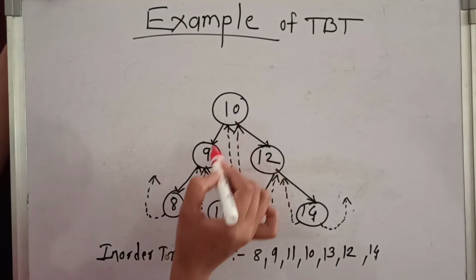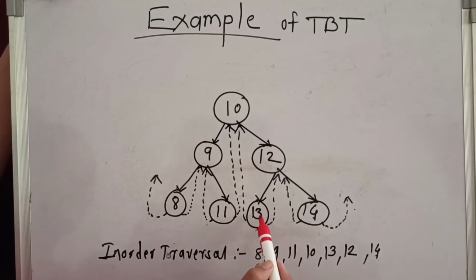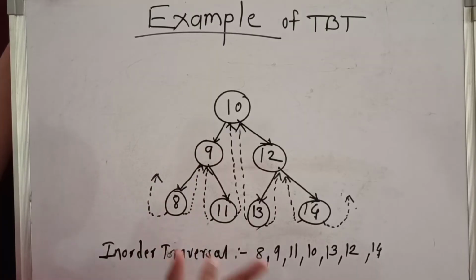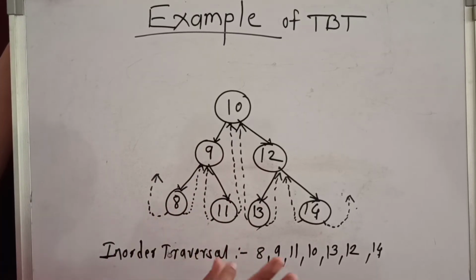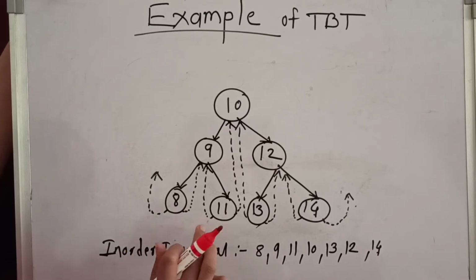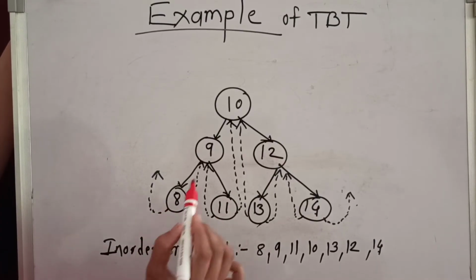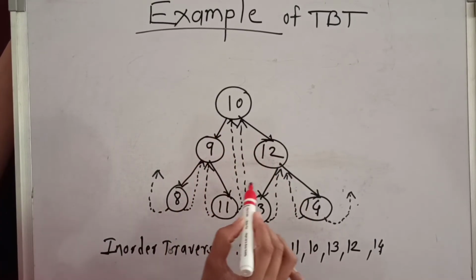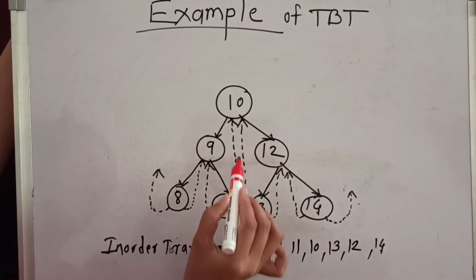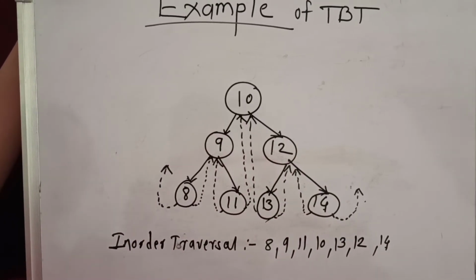And if you see, this is a binary tree, not a binary search tree. As you can see, 13 is present here, which is greater than 12, so it is a binary tree, not a binary search tree. In the case of the threaded binary tree, we can create a binary tree and also a binary search tree. I am going to take the example of the binary tree here. These are the solid pointers, which we can say are the actual pointers. And these dotted lines are nothing but the threads. Now I will explain how I have set these threads.